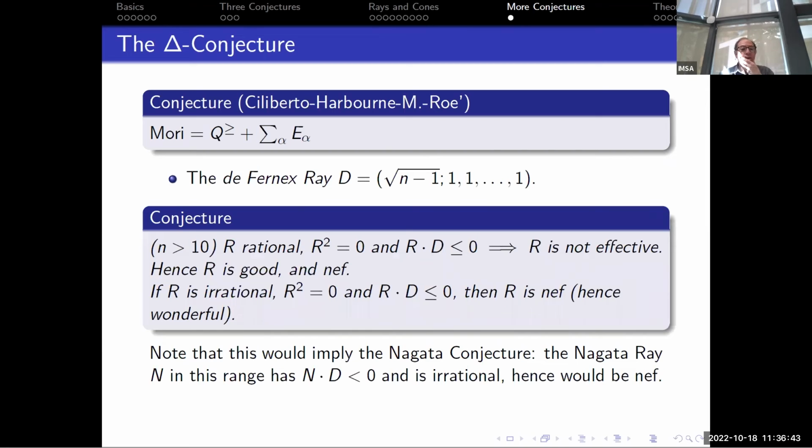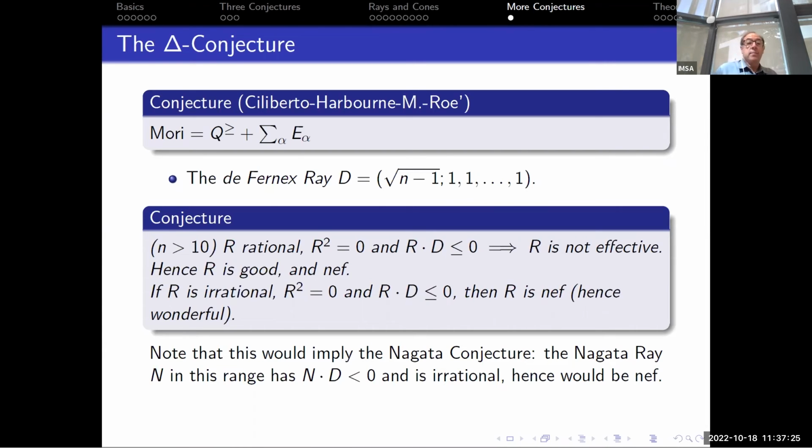Okay, there's one more ray that turns out to be interesting. And you mentioned de Fernex earlier. The de Fernex ray is just a little different than the Nagata ray. The Nagata ray had the square root of n and then all ones. The de Fernex ray is just a little over from the Nagata ray, square root of n minus 1. And the conjecture made by de Fernex, also related to this delta conjecture, is that for n strictly bigger than 10,